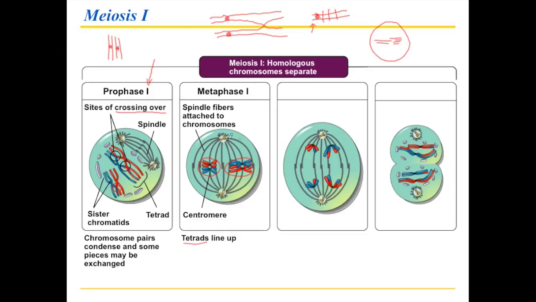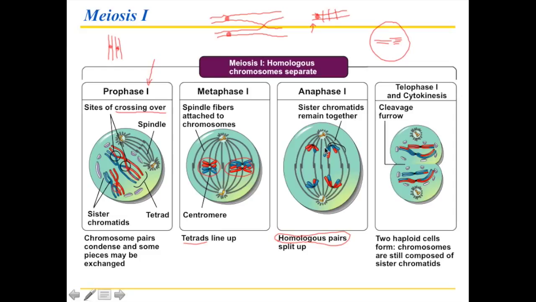And of course, the process remains the same. You have these spindle fibers attached to the chromosomes. The spindle fibers are the things by which the cell can catch these chromosomes and hold onto them in order to pull them apart. And pulling apart happens in anaphase 1. The sister chromatids during this time remain together. The things that are being split up are the homologous pairs. And that's why this is the reduction division, because you're starting out with 2 in each pair, and you end up with 1 of each pair in different cells.